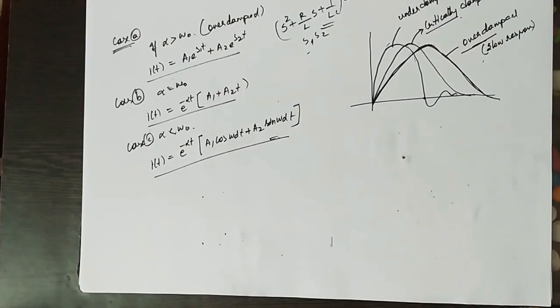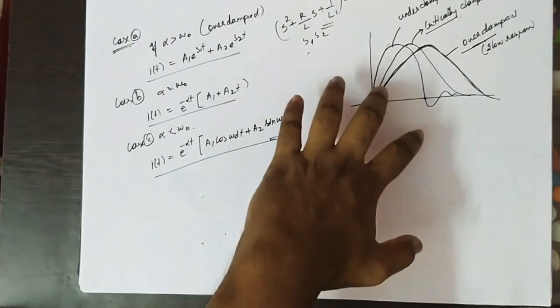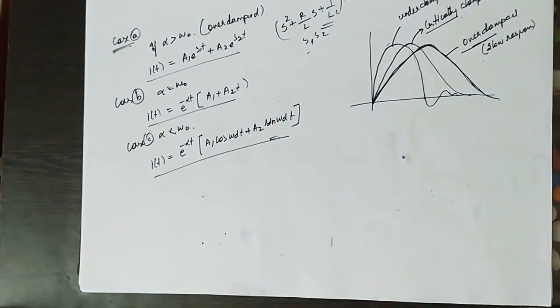In the next class we'll discuss the parallel circuit, and later we'll see what happens when a source is acting on these three RLC circuits, that is the non-homogeneous equation. This is similar to the source-free RLC. The only thing is, if two energy storing elements are placed, we will have the response in oscillating form, based on the natural frequency omega naught.